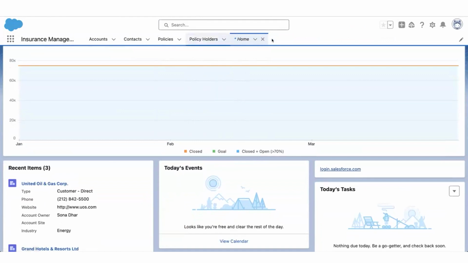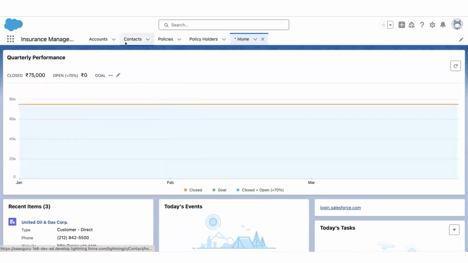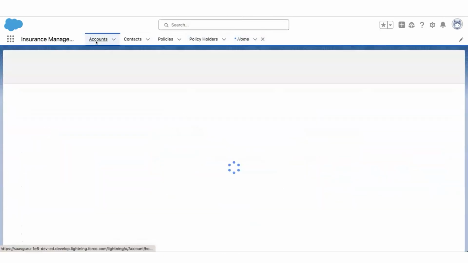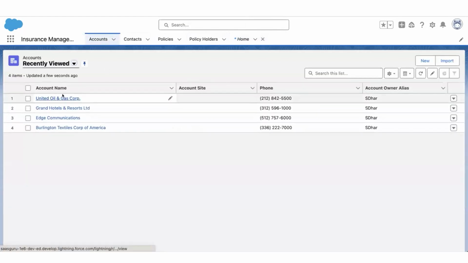So this is how we customize the lightning page. We can create a new page from scratch. We can customize the existing ones as well. Next is record page. So we are not creating any application page. Application page creation is again pretty much the same. You select application page, you specify the components. Let's take a look at record pages, because record page customization is more important and is different from home page